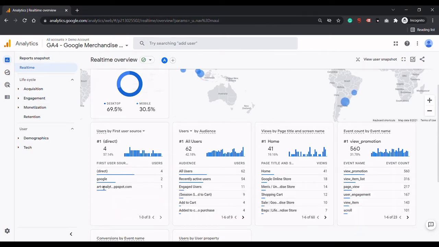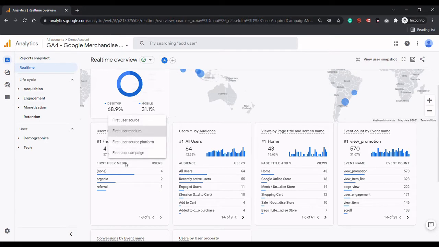So in real time, visitors are coming from Google and from some analytics app spot.com, so from this website also the merchandise store is getting visitors. And if we select the medium, we can see whether visitors are coming through organic or referral, and from which option we are getting the visitors.